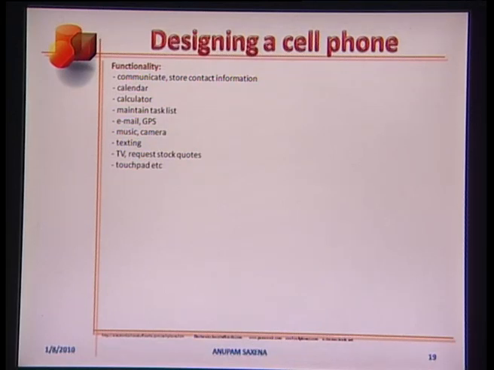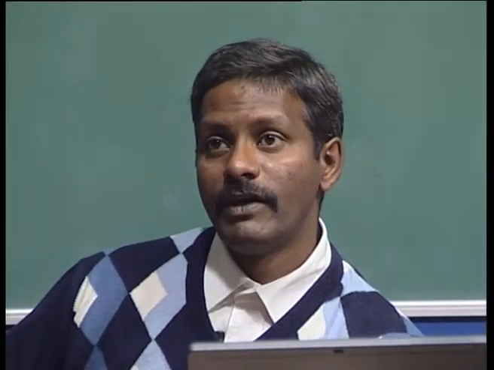It can have options of playing radio, listening to stored songs, or as a camera. It can have a touch screen, can be used for texting, emailing, or for requesting stock quotes. You can even know the weather forecast, watch news, or your favorite sitcoms.